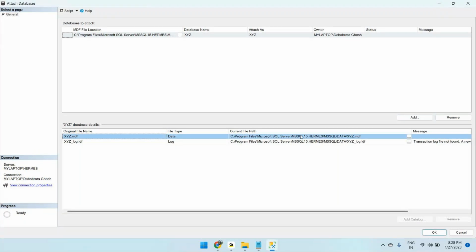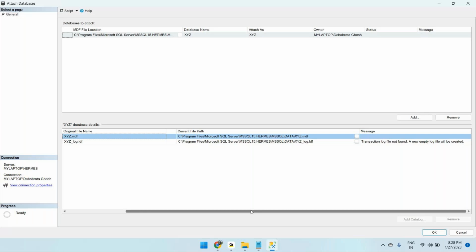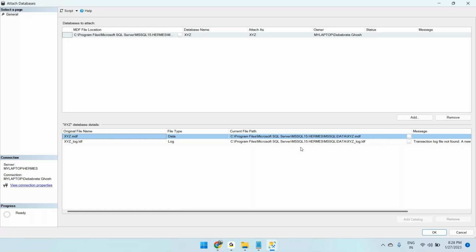the last recorded information from the database data file was that the log file was present in this particular location, with this name. But it cannot map the file with this location because I have moved the file from here to the desktop. So that is why the message is transaction log file not found. A new empty log file will be created. So when there is an empty log file, we will not be able to get some of the information or some of the transactions. So if I click on OK,